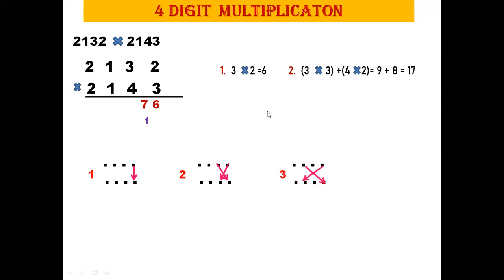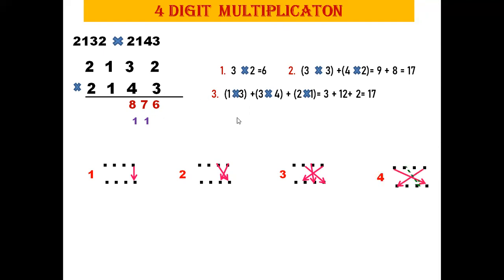Next step is we multiply crosswise as well as vertically. So multiplying crosswise, 1 into 3 plus vertically 3 into 4 plus 2 into 1, which gives us 17. So let us write, we are adding 17 plus 1. So 17 plus 1 is 18. We write 8 and 1 is carried over. We keep on adding the carried over.